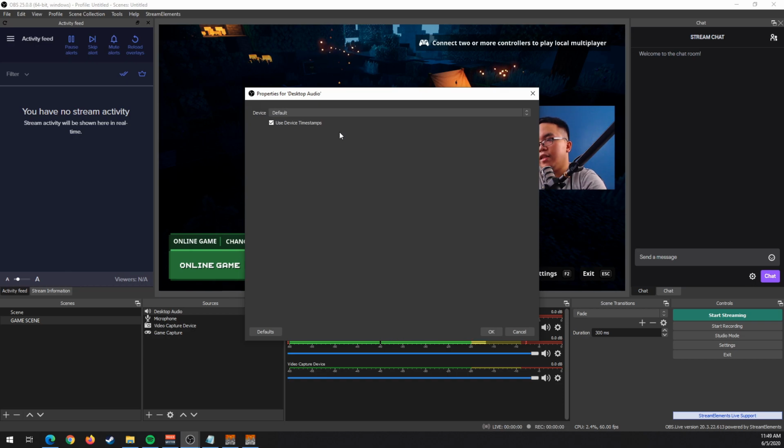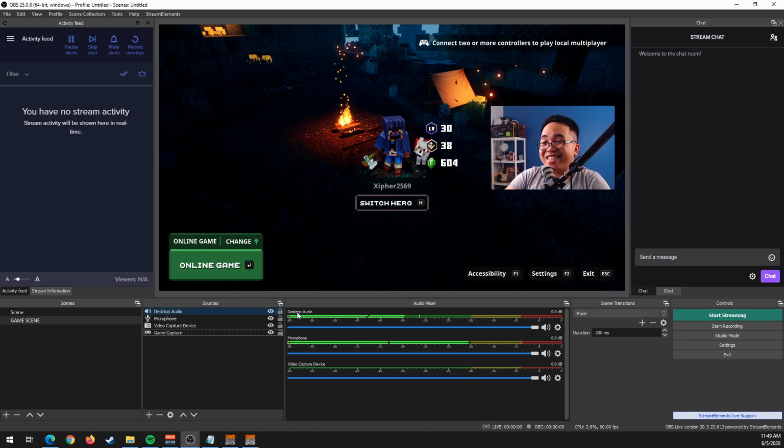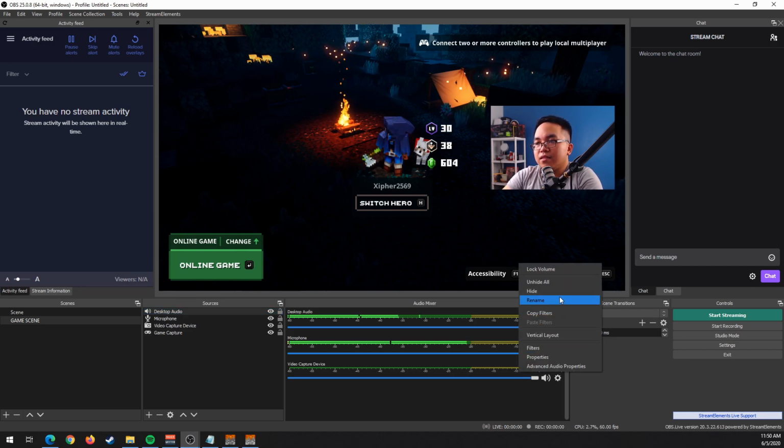Again, you can leave this at default if you're not using any other software like Voicemeeter Potato or Voicemeeter Banana or whatever version of it. After you're done selecting your settings, just click OK, and now you'll see the desktop audio levels changing as well, which means it is picking up your audio. You'll see the video capture device here without any audio. That's my webcam's microphone, which I disabled in my Windows 10 settings. So I'll just hide that because it's not even working.